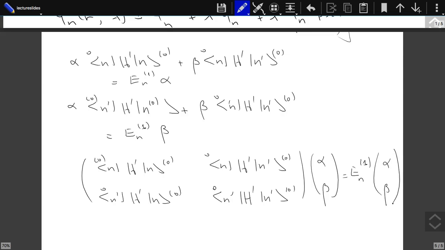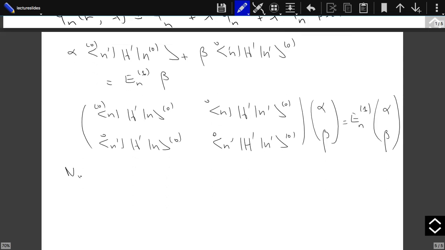This matrix equation corresponds to these two equations over here. The general solution for an arbitrary value of En1 is that alpha is equal to 0 and beta is equal to 0. But that's not the solution we want. We want a non-trivial solution, which is non-zero. So the non-trivial solution exists